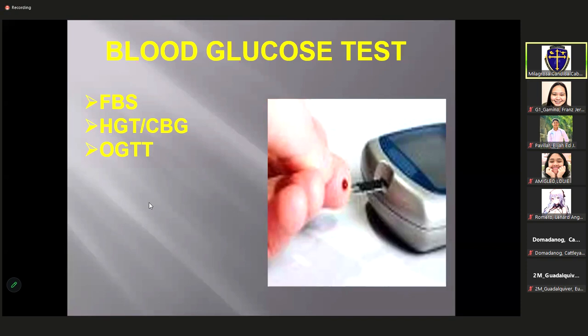Pagka 8 o'clock, that is the second hour. So 9 o'clock will be the third hour. So most probably, the mother can eat at around 10 in the morning. So, can you see how hungry the mother would be kung ito ang ipapatest sa kanya ni Doc? Okay? So, ina-encourage talaga natin yung mother to eat limits lang. No? Kaya mahirap po